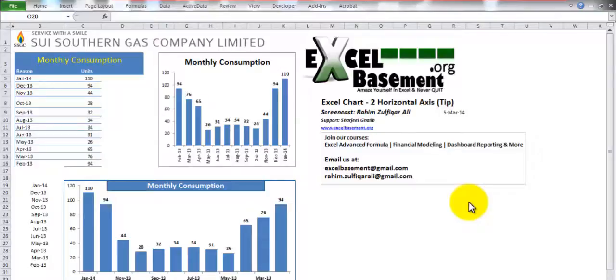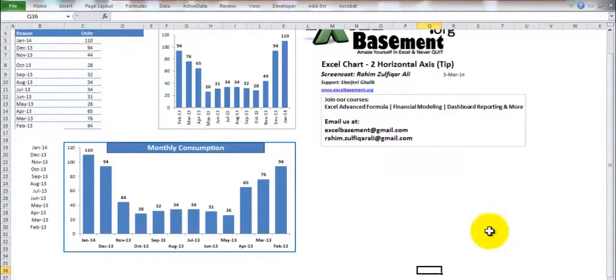A few days back, when I was going through my utility bill related to gas consumption, I saw a column chart in that utility bill, and the good thing was that they created a column chart with two horizontal axes.